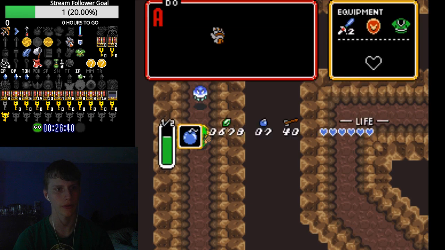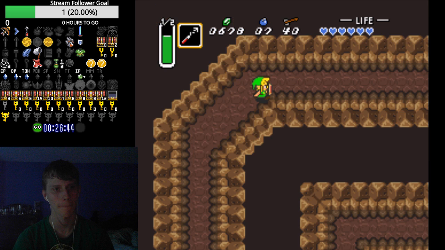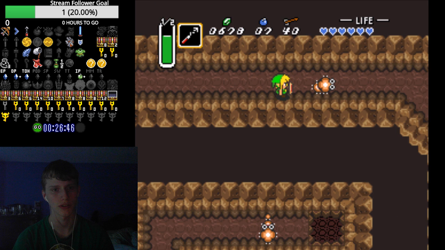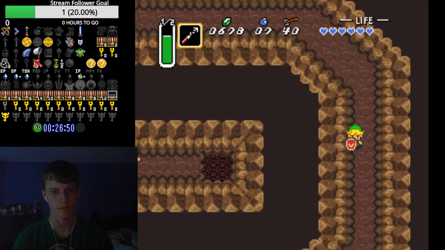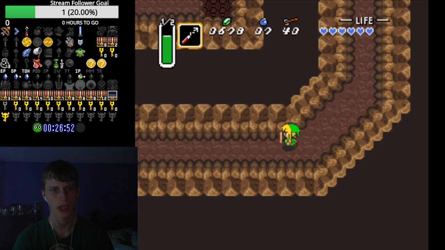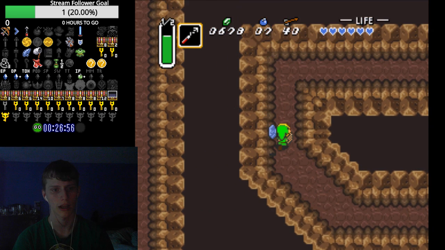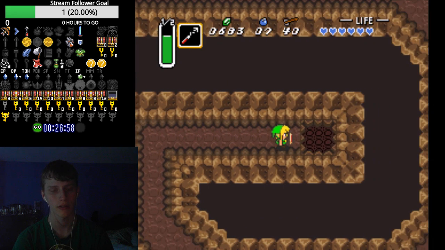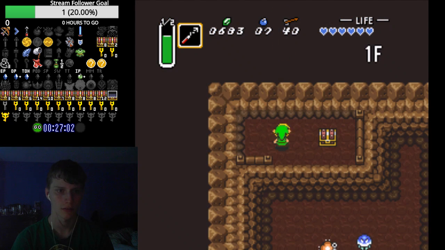There are still a few more locations I can check. Like I can go talk to King Zora, check what the item is on the river ledge. Technically, I could try to do Spike Cave. I would hate to do that with this low health. Definitely wouldn't be a good idea at all. But it's definitely a